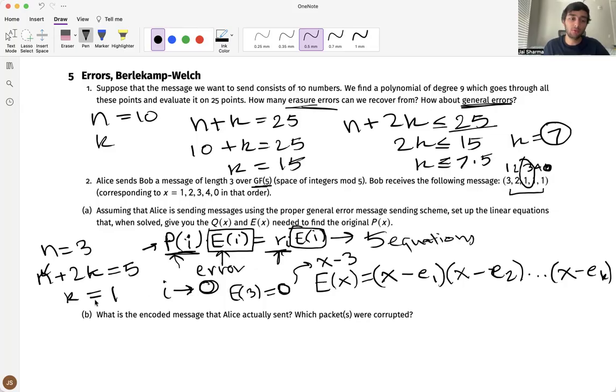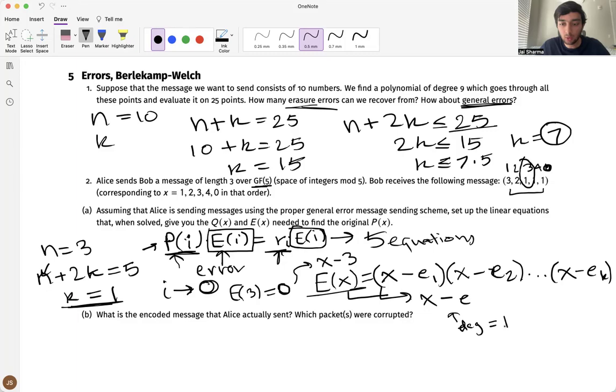And here we've specified that the k is 1, right? So specifically, I can make it a little bit easier and just say e of x is equal to x minus e. E is your error. You only have one error in this situation. But yeah, so this is what e of x is, and you can notice that the